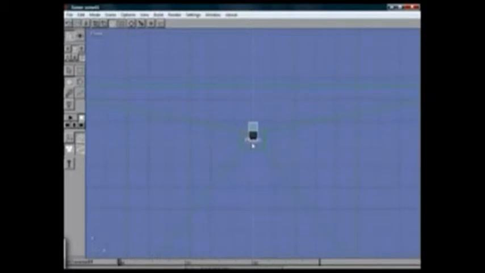In order to get the camera to face directly at the 3D text, we are going to need to rotate the camera up in the Y-axis until the lighter side of the camera is facing directly toward us. Once rotated in this position, the camera will look like a blue square box.